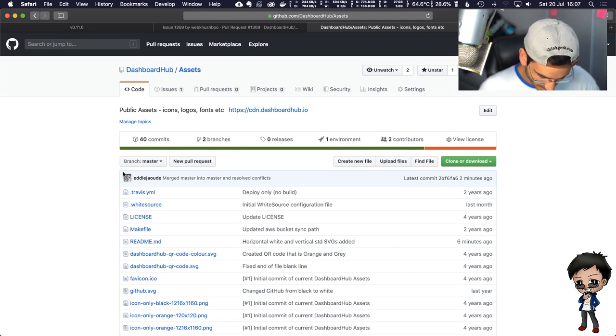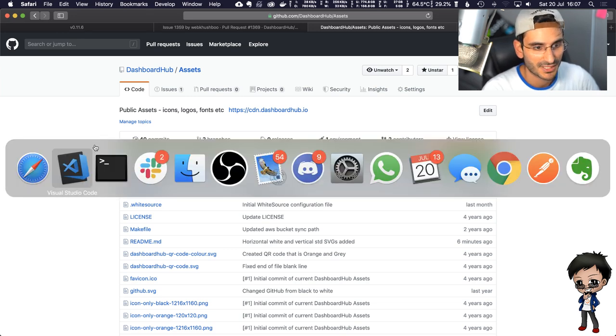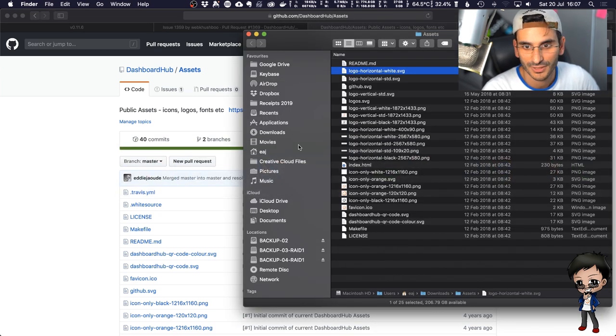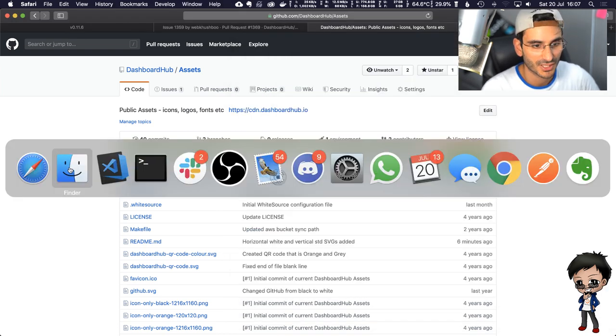Mascot. We need to add mascots to this now. So, while you're doing that, I'm going to add the mascots to it. So, how am I going to do this? I need to move the mascots into this folder.